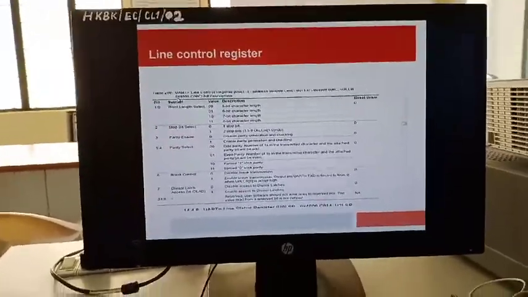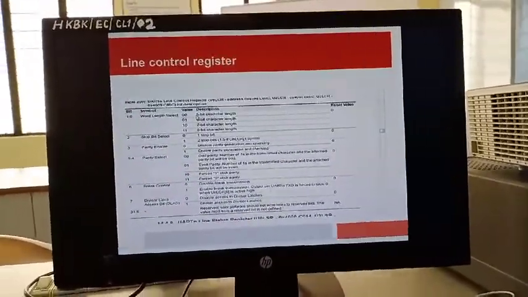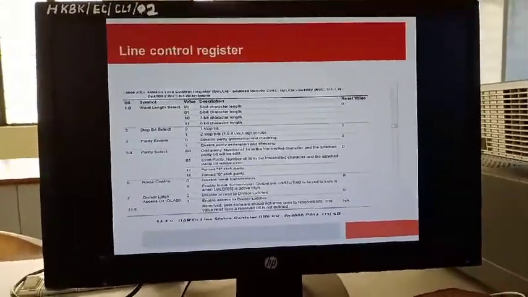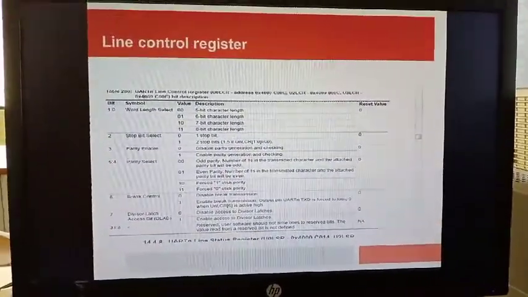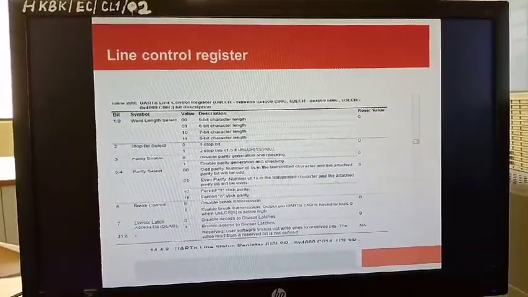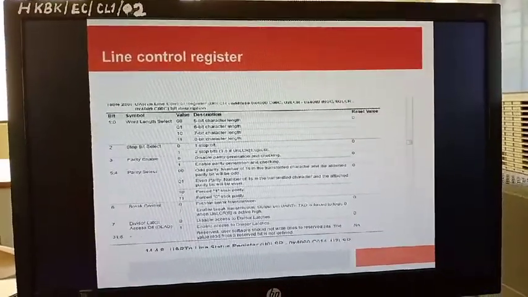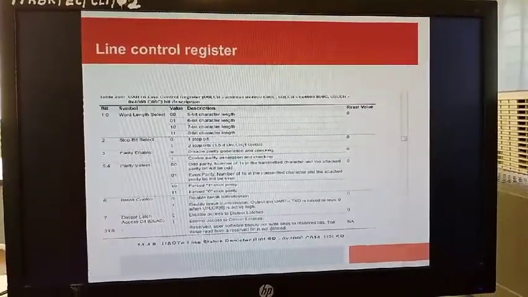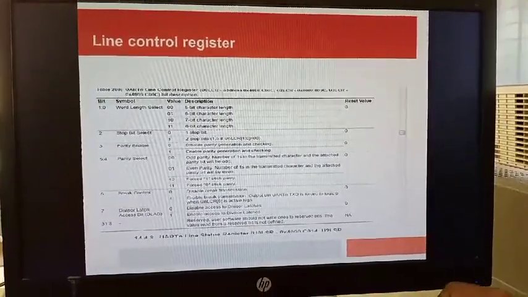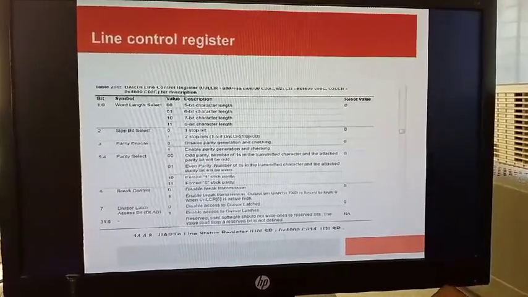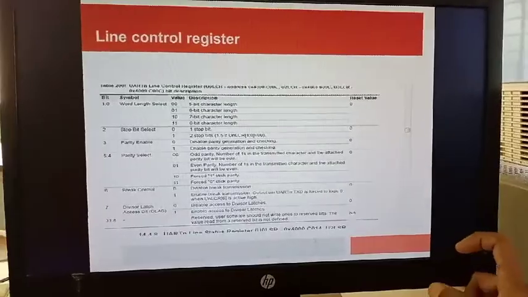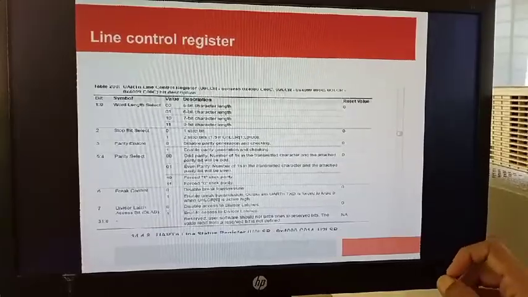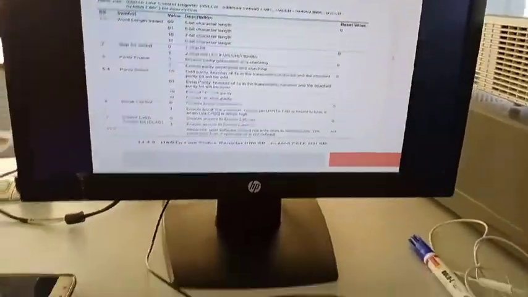You have to select how many bit characters you are going to transmit here. Everything we transmit is transmitted digitally, so the standard representation to convert text into a code is the ASCII character set. ASCII stands for American Standard Code for Information Interchange. Each character requires 8 bits, represented as an 8-bit binary code. That's why here you have to select 8-bit.